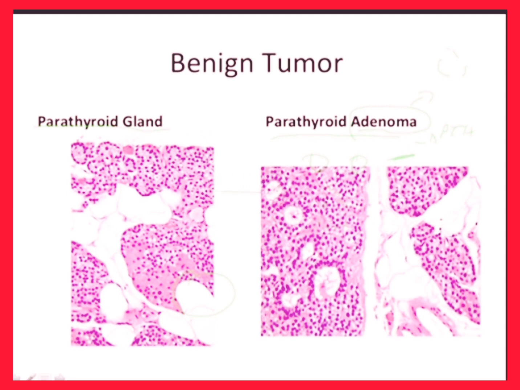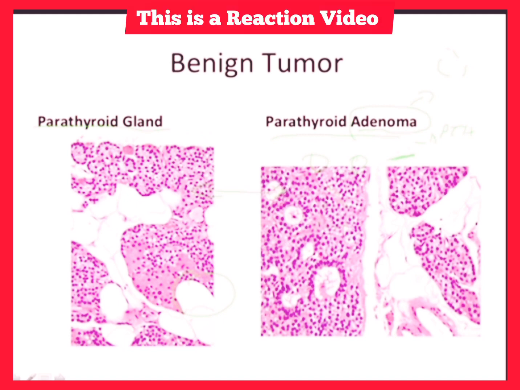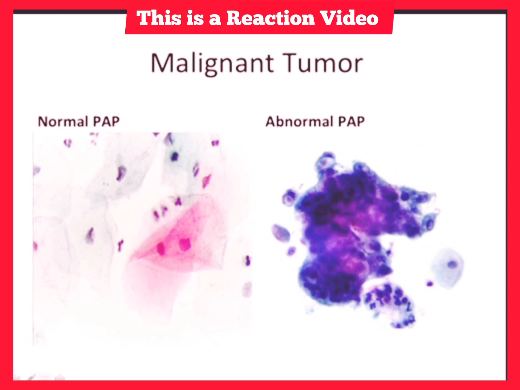Sorry for that side rail again there, but you get the picture here that with benign neoplasms, benign tumors, they look almost exactly like the tissues they originate from, and they just cause expansion of that tissue. Whereas with malignant tumors, this is a pap smear from a postmenopausal female. All right, basically when you look at these epithelial cells of a pap smear, epithelial cells, especially squamous cells, are the most boring cells to look at. They're flat, there's nothing to them. All right, I don't think you need me to sit here and explain that this is a little off. All right, this image here. So basically, these cells are very alien in appearance.